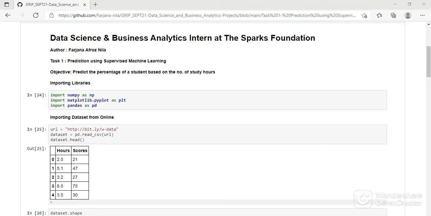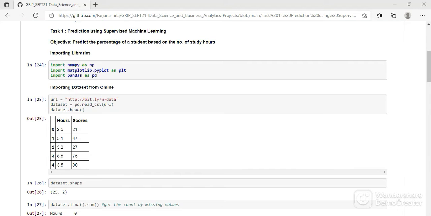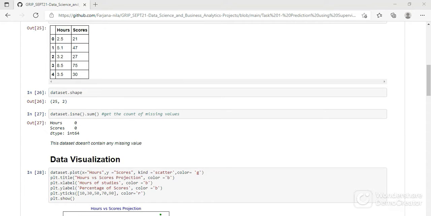We can see the dataset contains two variables, hours and scores. Hours is the independent variable, scores is the dependent one. I used dataset.shape to know the rows and columns, and that is 25 and 2 respectively. I also performed missing value analysis in the initial stage of data preprocessing, and there is no missing value in